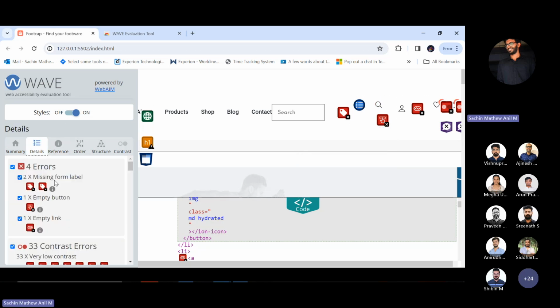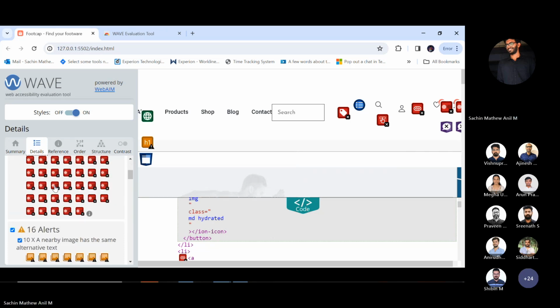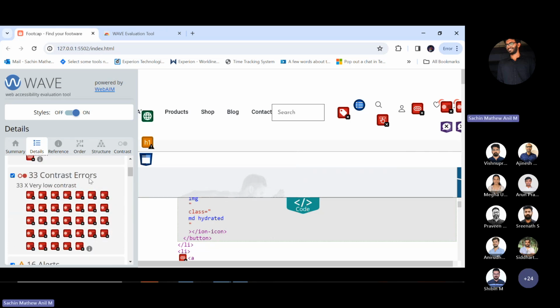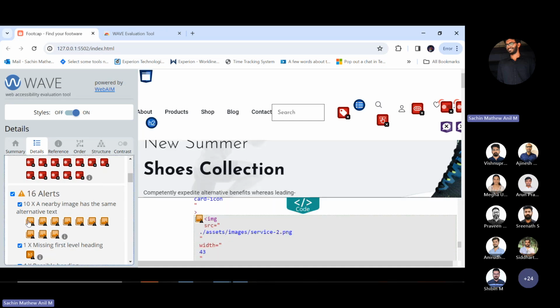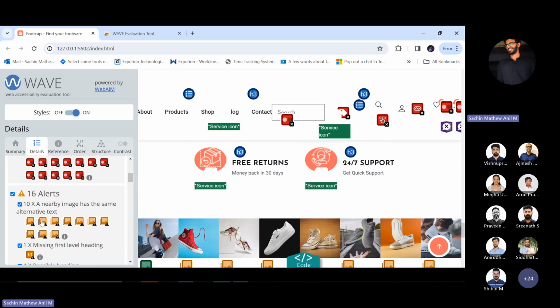Similarly, we have empty link issues and missing form labels. Then we have 33 contrast errors. Below that, there are 16 alerts. When clicking on that, we can see that